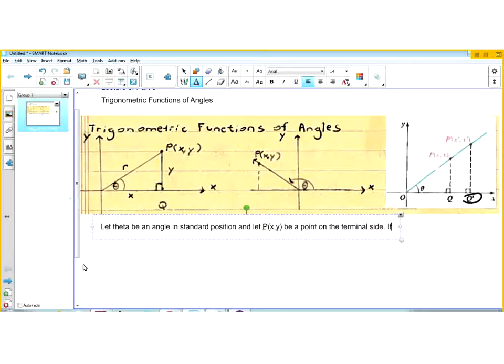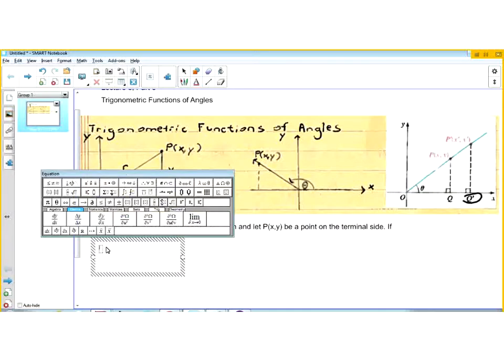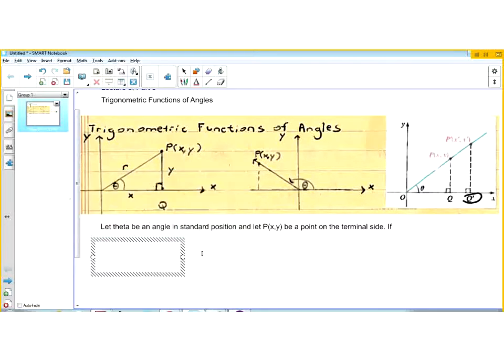Okay, so if we define a radius, r, which is equal to the square root of the abscissa squared plus the ordinate squared, where x and y, of course, are the coordinates of the point P. So if we define r as this quantity,